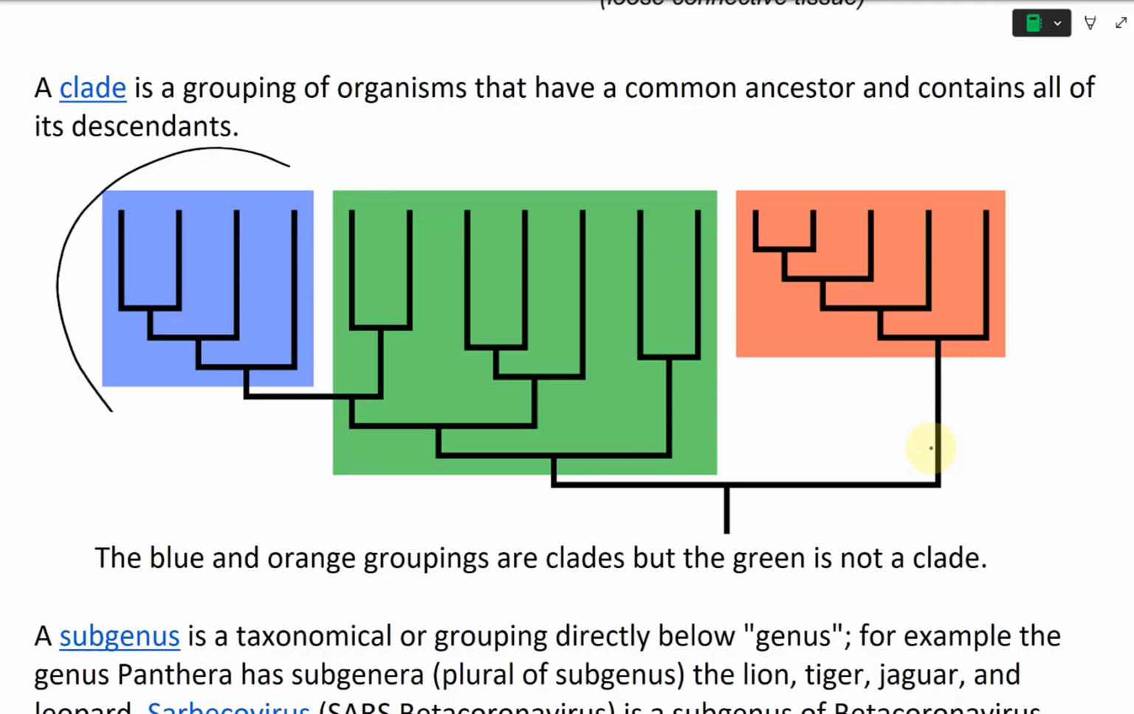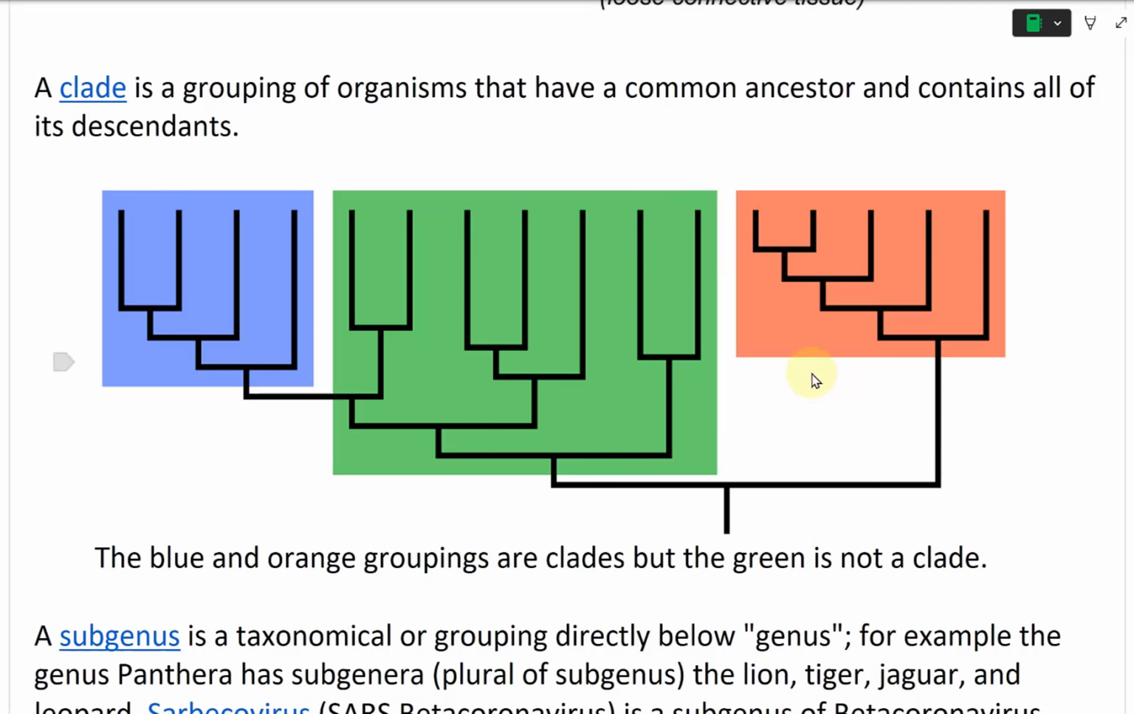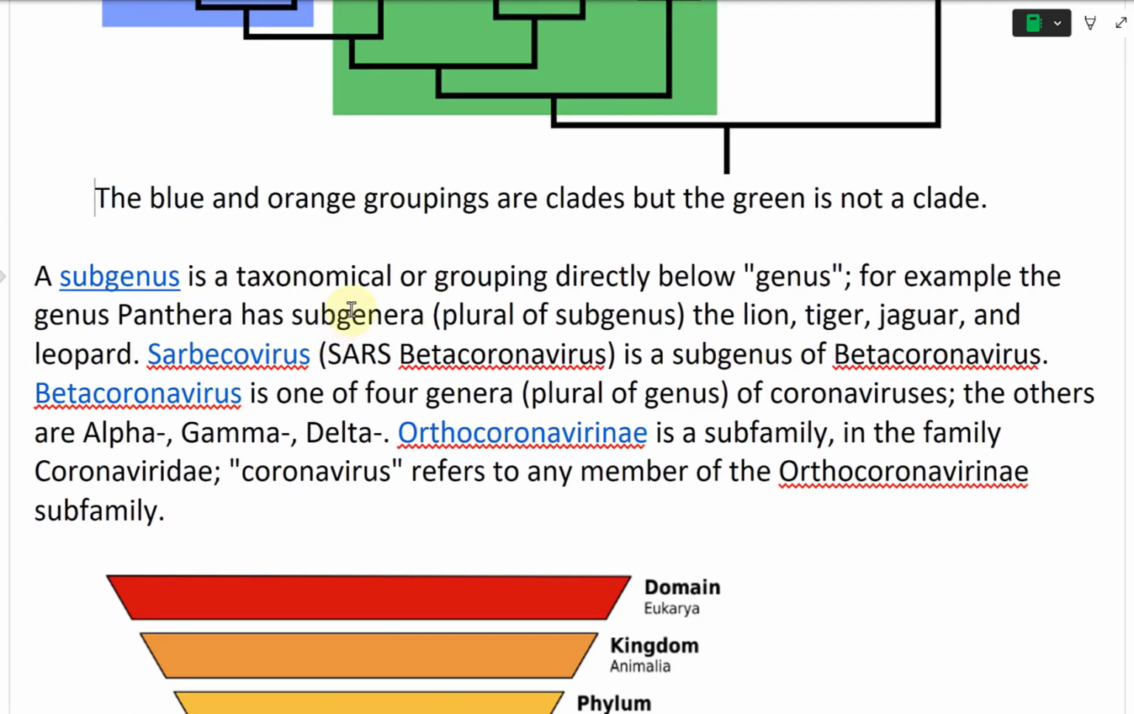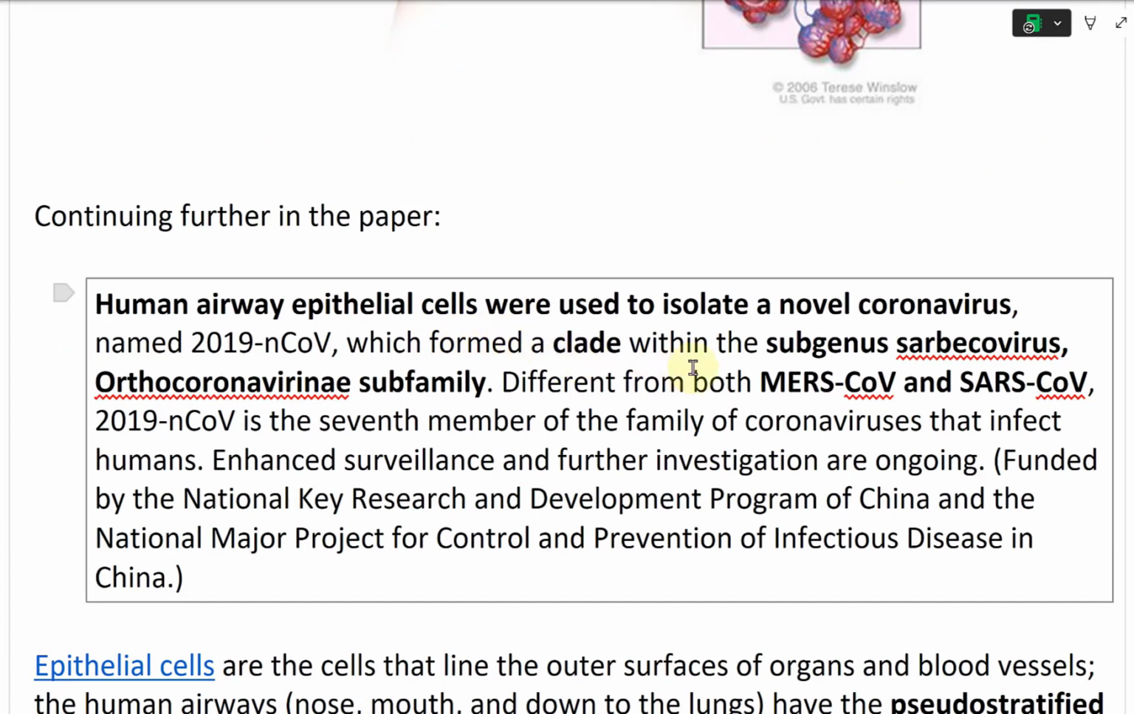But then again, you can make the blue and green, that'll be a clade. Or you can make this entire thing, and that'll be a clade as well, because they'll contain all the ancestors. So again, that's just a taxonomical grouping setup. In the subgenus, and this is from this part right here. So they isolated a novel, or new, coronavirus, which forms a clade within the subgenus Sarbecovirus and this